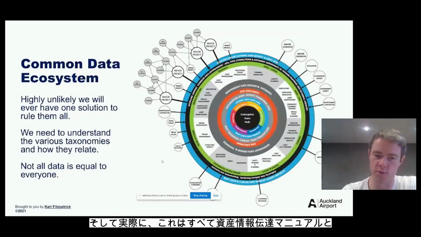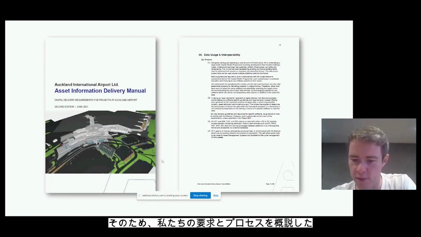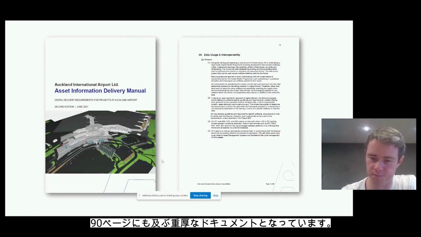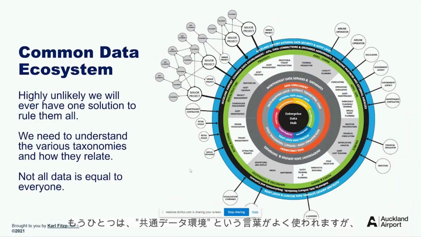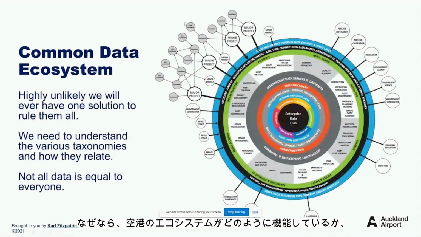And actually, this is all communicated through what we call the Asset Information Delivery Manual. So it's a hefty 90-page document outlining our requirements and processes. And the other thing to think about is this word common data environment, or CDE, is thrown around a lot, and it bugs me a little bit, because in reality, most CDEs only